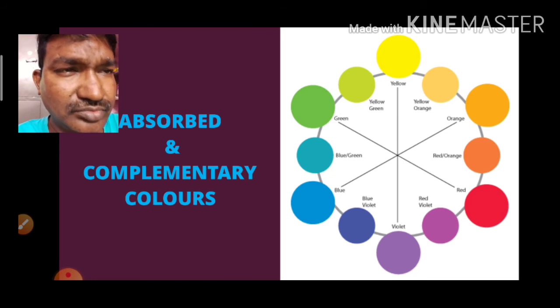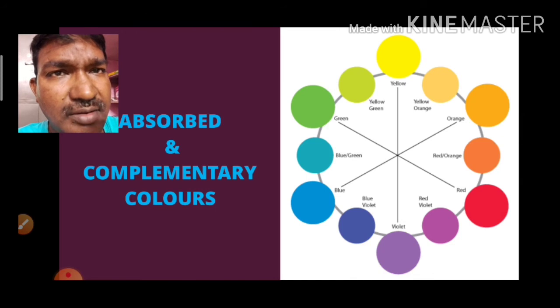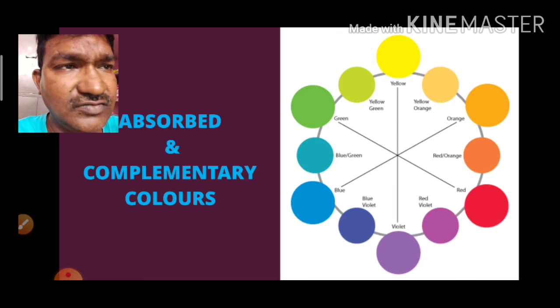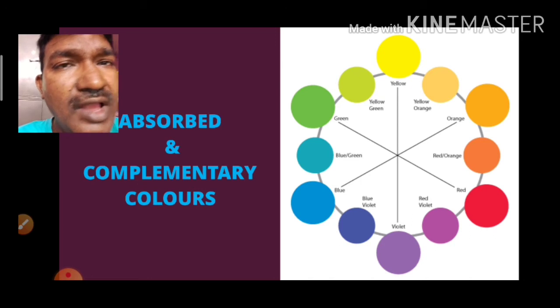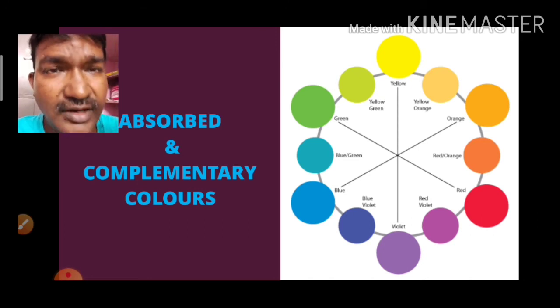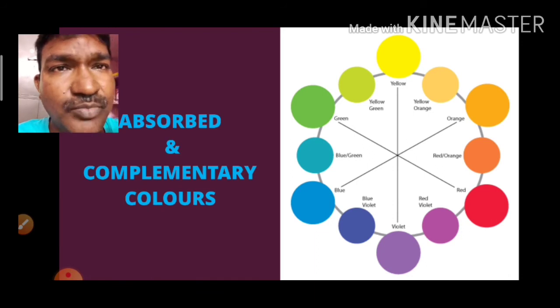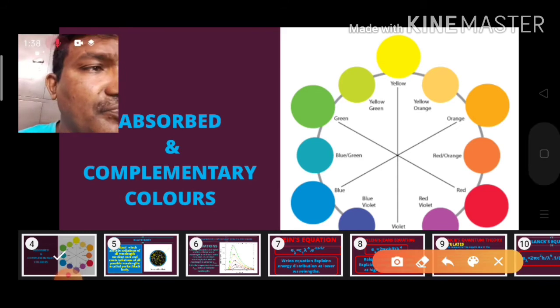So here if the object absorbs one color, it reflects the other color very strongly, and the reflected color is called the complementary color to the absorbed light, and the objects appear in the reflected color. For example, here violet, here we can see